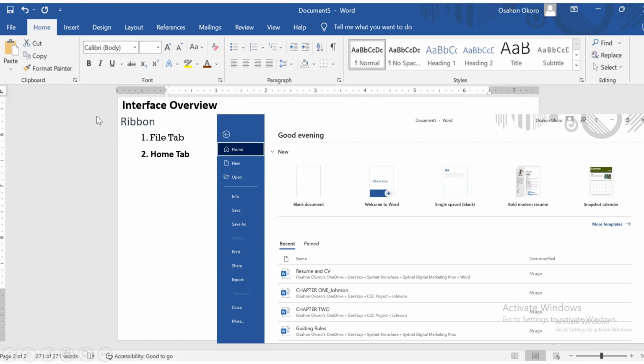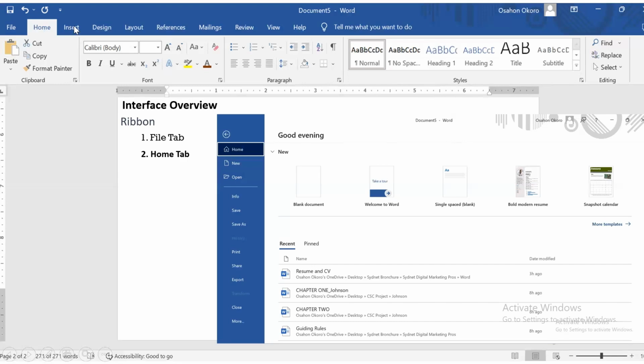So when we are configuring our device, we are going to be using some, not all of them, but we will see that we will be using one function after the other. Then your styles, which is how you want your highlighted text to look. These are the templates for you to use. Maybe you want to find a particular text in a document you've typed, a project or a book, and you want to find the text or correct something in it. You use the Editing section. So all these sections are in the Home tab.